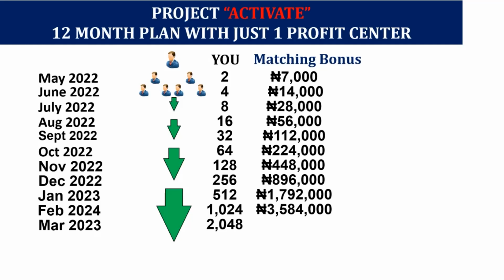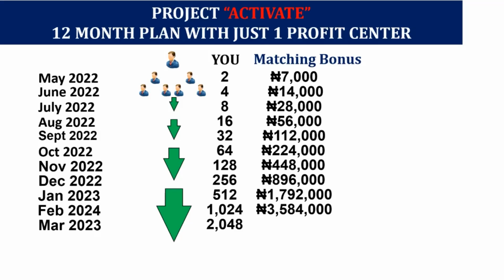In 1 month. And how did they come in? It's very simple. It's because the people who came in February activated with just a minimum of 2. That's all. What it means, the implication is that everybody who connected from May, June, July, August, September, October, November, December, January did not sponsor anybody. It was the people in February that activated. 2,048 people will join your team.